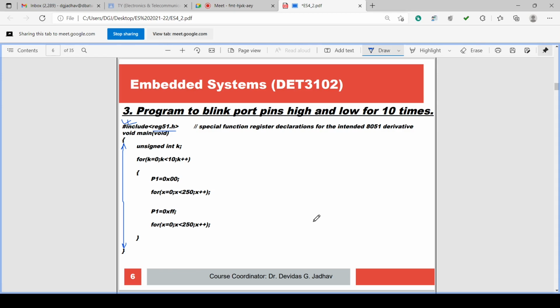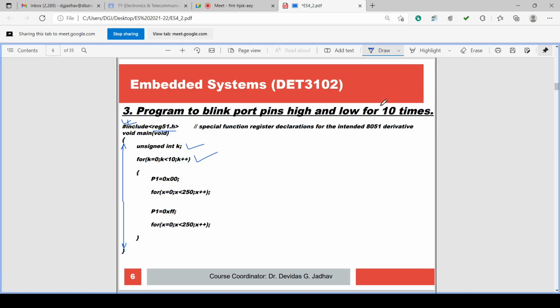After the declaration, there is a for loop: for k equal to 0, k less than 10, increment k. So in the same block, unsigned integer k is there, semicolon. We have to declare the x also. Then for k equal to 0, k less than 10, increment k.